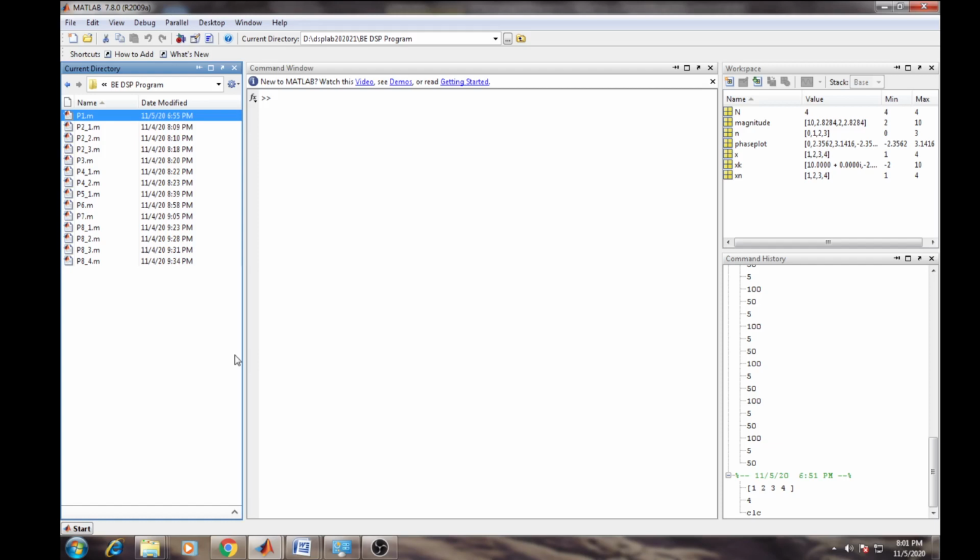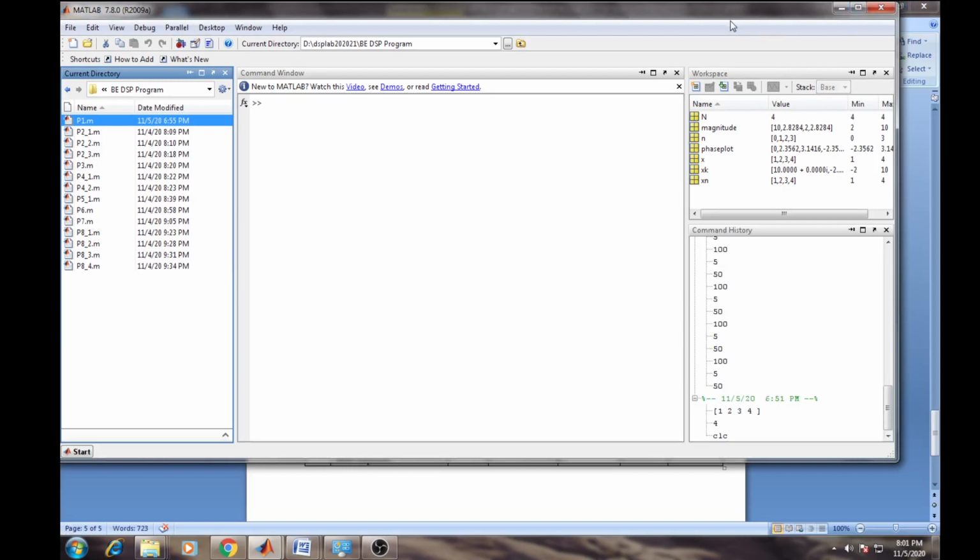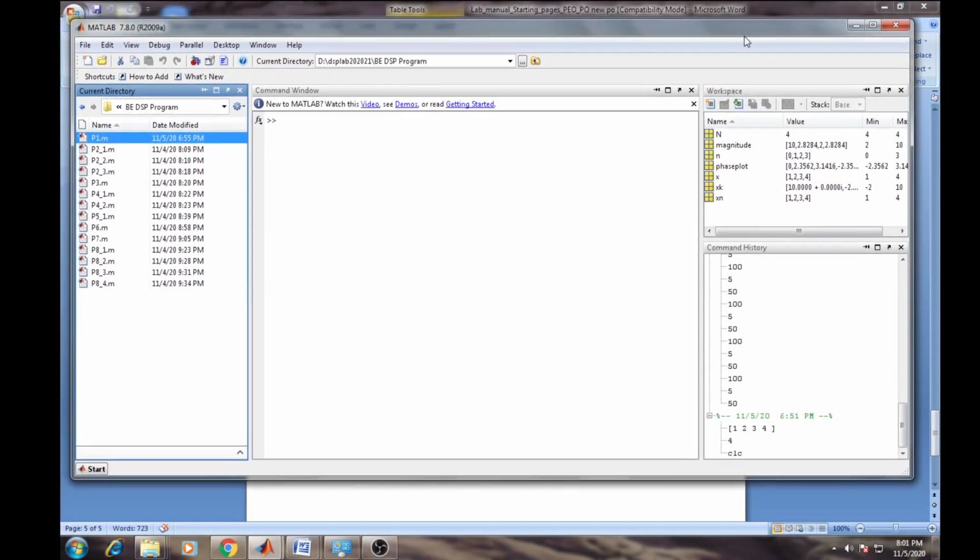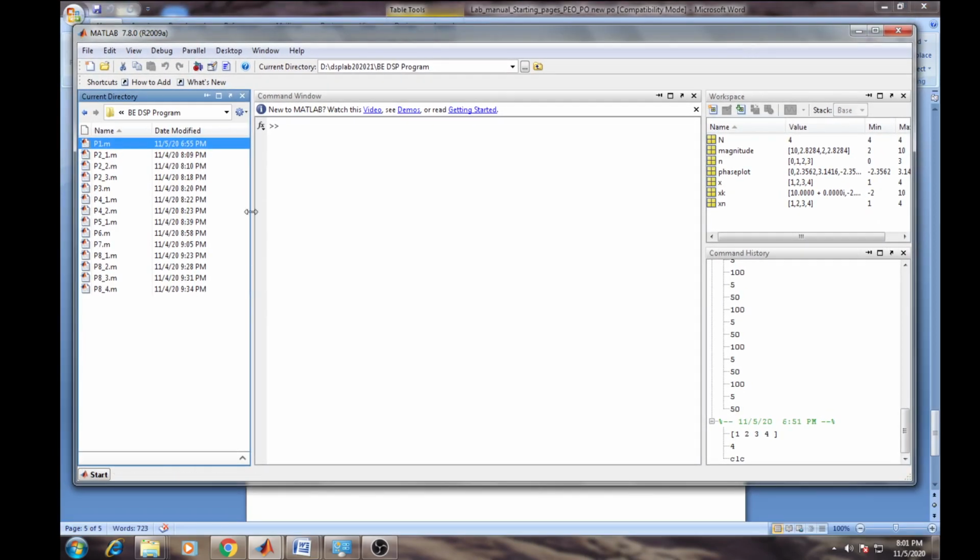So here again I am just going to review the screen. At the top you can see the title bar, where MATLAB 7.8.0 R2009a is shown.